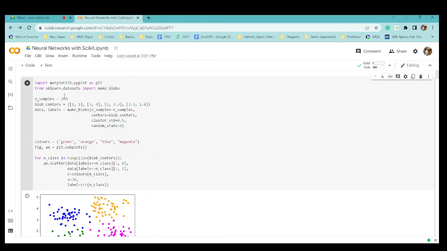From sklearn dot datasets, n_samples equals 200, which means there could be thousands of data points, but how many samples do you want to work on? I'm telling it I need just 200 samples. When we talk about neural networks, you cannot work on the whole set of data. That doesn't make any sense. In a general way, if we have thousands of dog pictures,